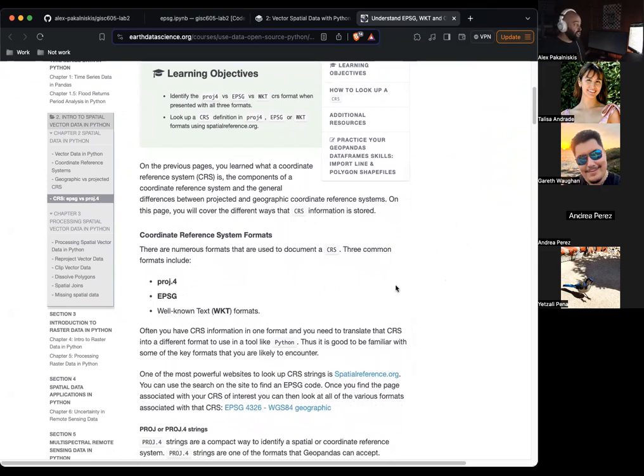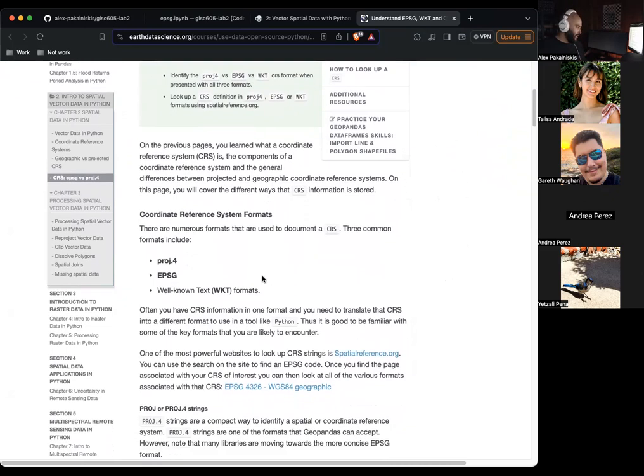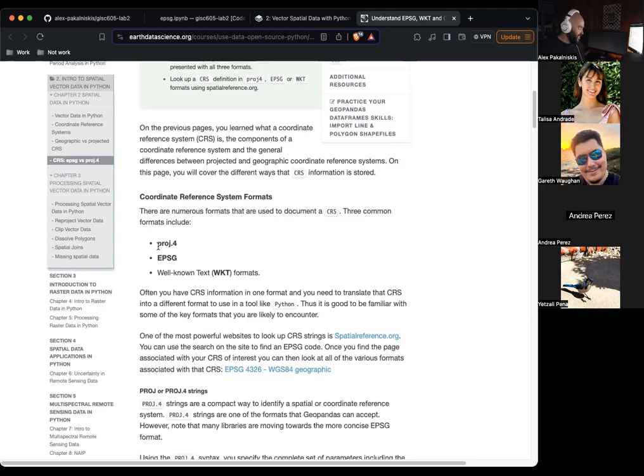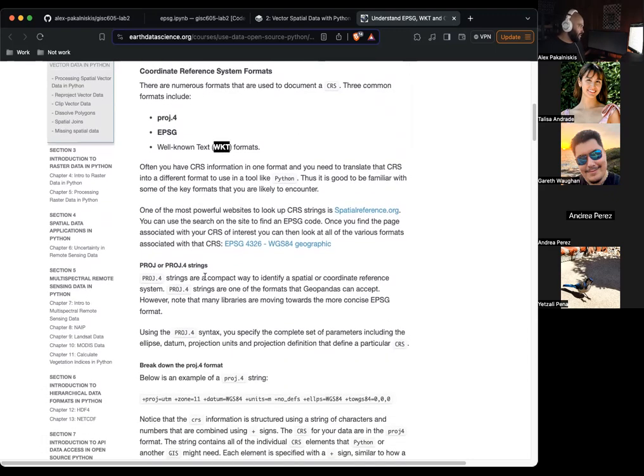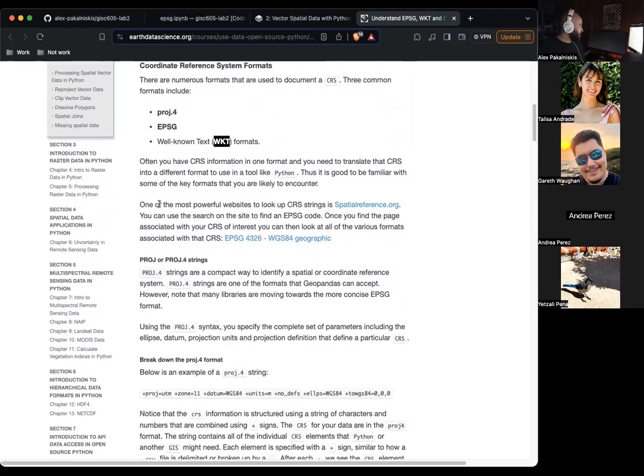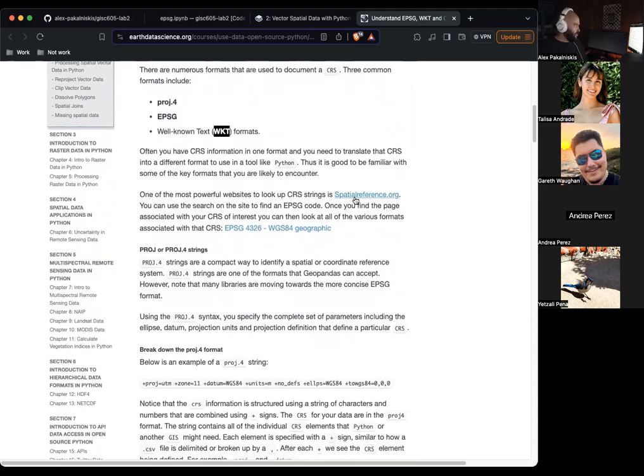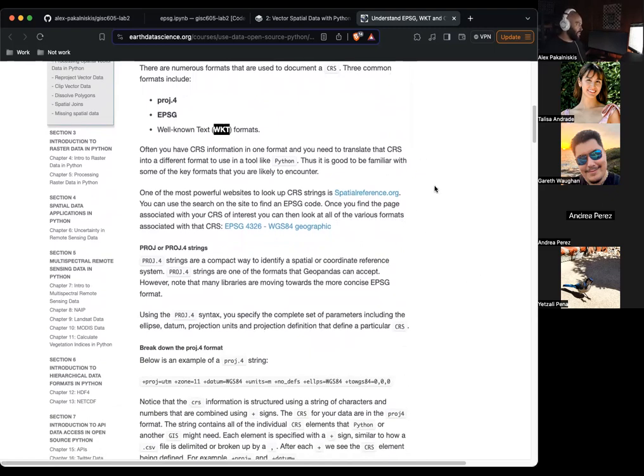We encountered a few in the previous lessons without really calling it out, but some common formats that you'll encounter are the proj4 format, EPSG, and well-known text WKT formats. And spatialreference.org is a super useful website that can show you all these different formats for a particular data set, and interconvert between them and which ones you need.